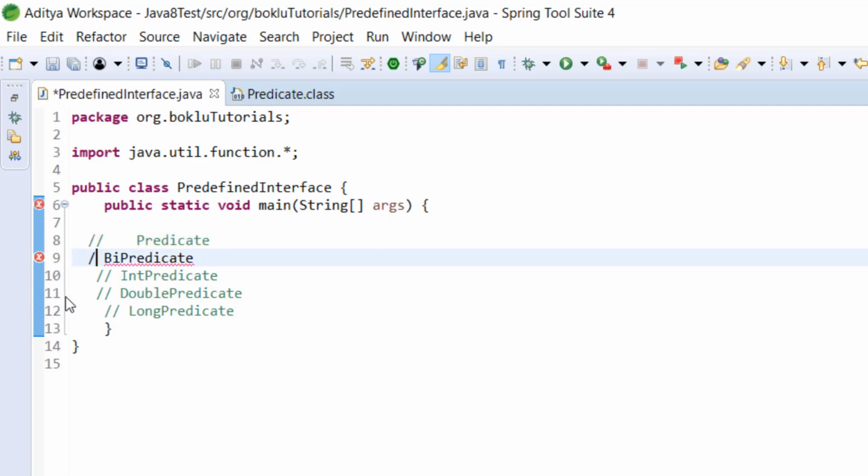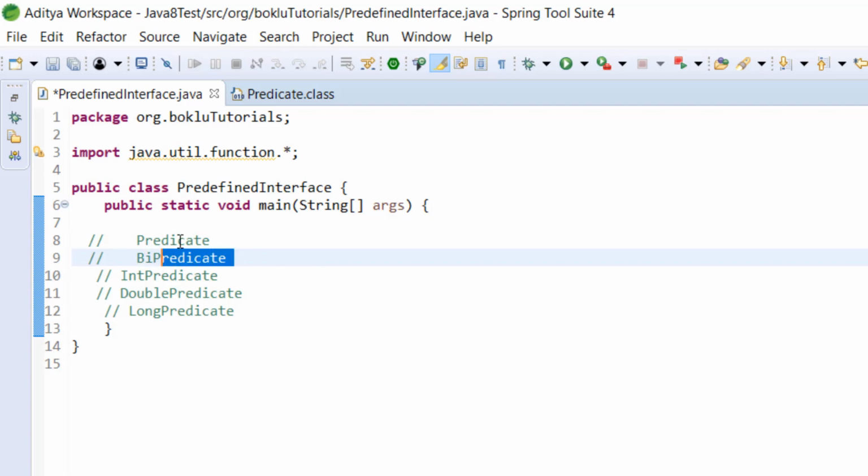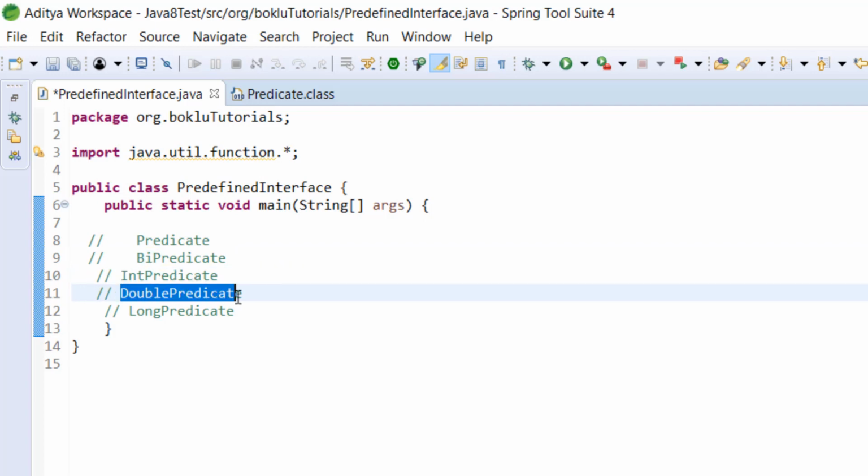So what are the things we learned today? We learned Predicate and its contents, the test abstract method which will return only a boolean condition and can take only one argument. And we have learned about BiPredicate, that the only difference between Predicate and BiPredicate is that Predicate will take only one argument and BiPredicate will take two arguments, and all the three default methods exist in BiPredicate also: and, or, negate.